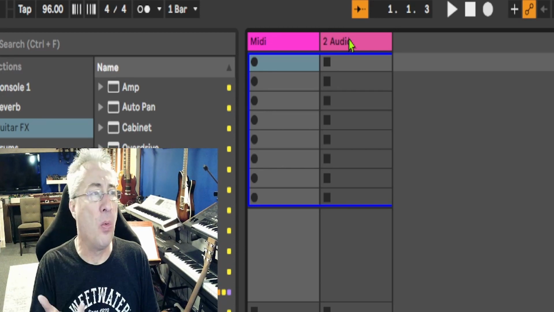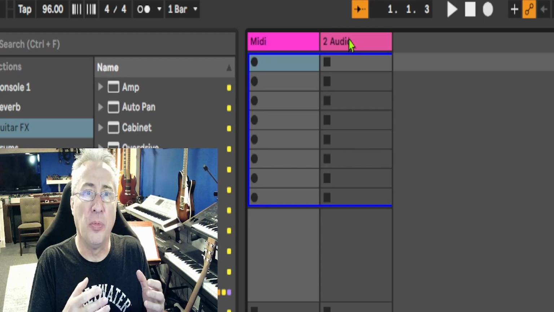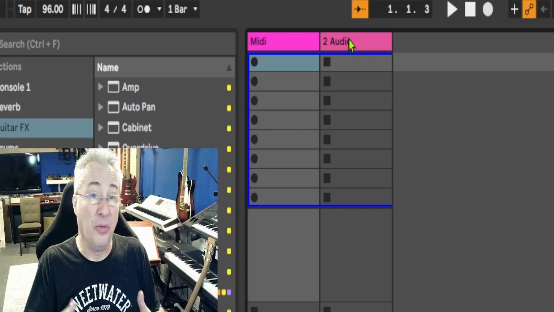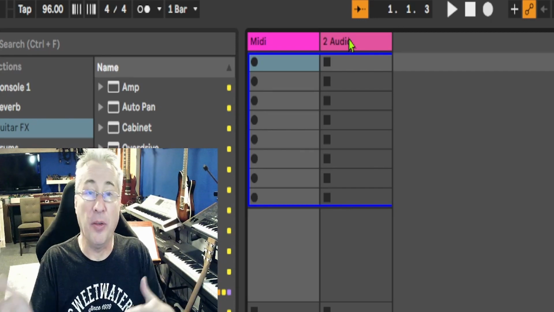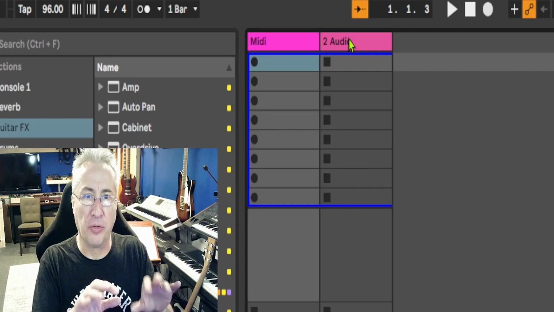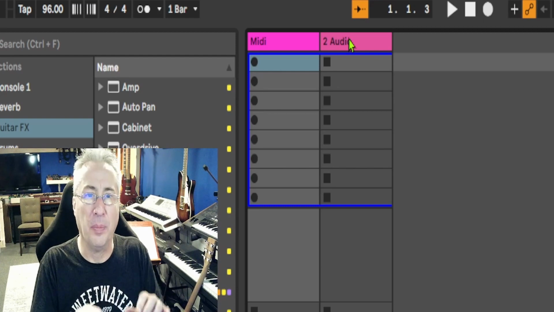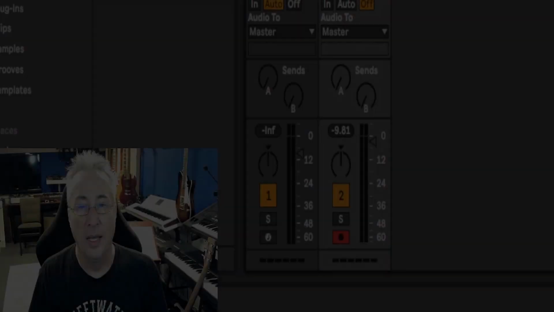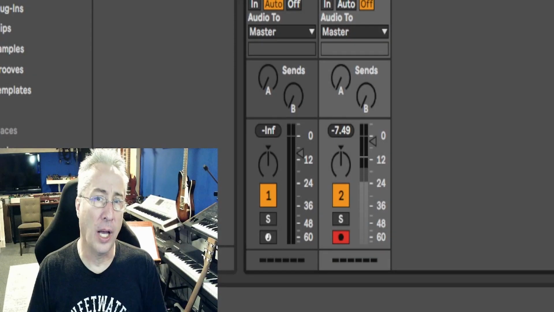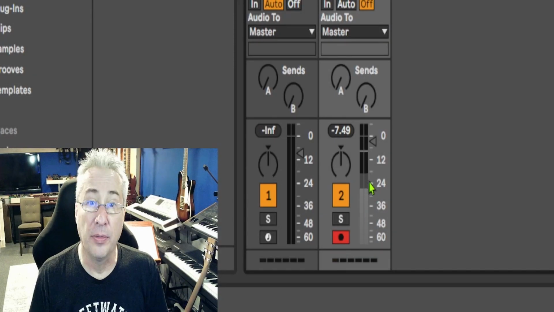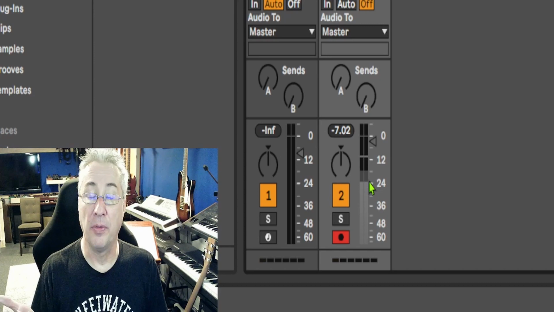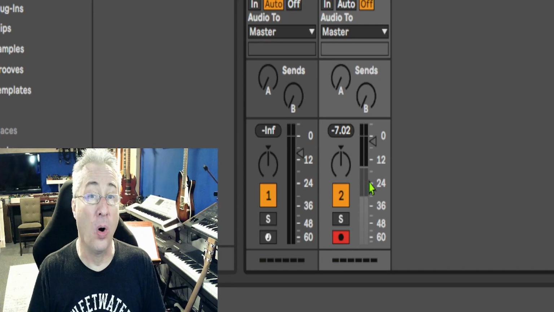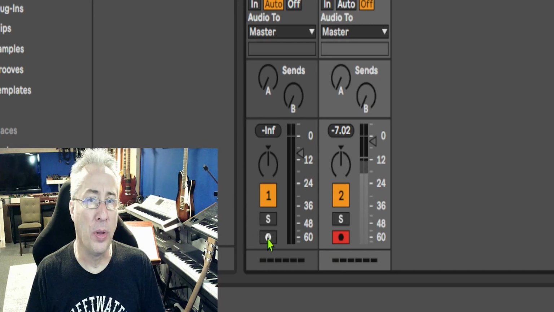But what if I wanted to use a virtual drum set built into the software, or a VST, a plugin that I may have brought in from elsewhere, and I want to control it from a keyboard or from some pads? Well, that's MIDI. And this is what it might look like. You can see the meter is actually actively moving with my microphone audio signal on the track that I have designated for audio. But if I go over to record the MIDI track,